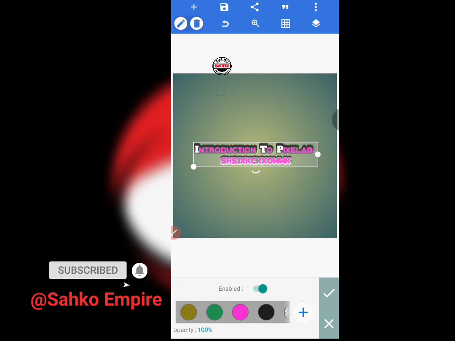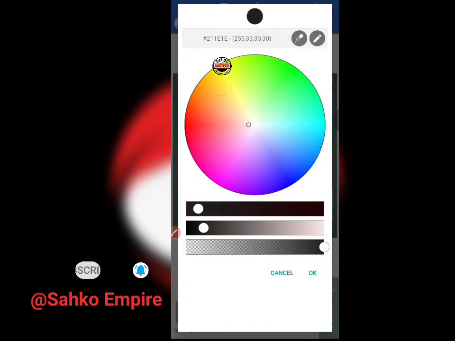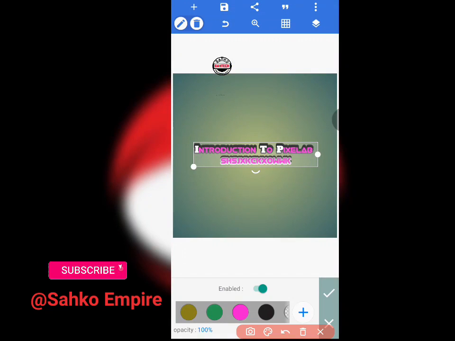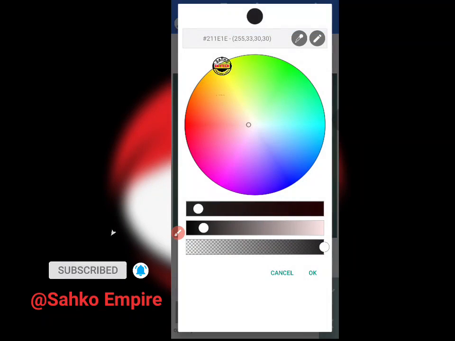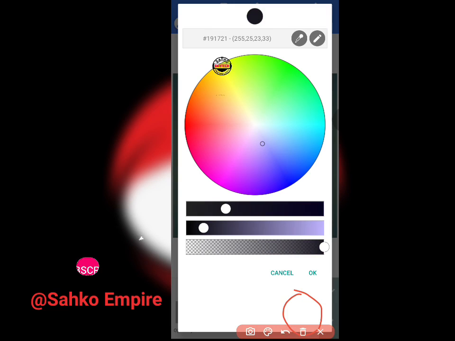Maybe this is too dark and I want to make it a bit white, so I can tap on this color, this plus thing, you see, and work on the color. So tap on it, it will open like this way. Which of the colors do I want? I can select any of them, any of the colors here. But in this situation I want black. This is the black, all right. You see, the final color, the one that will work, will be here. So this is what I'm working to change.